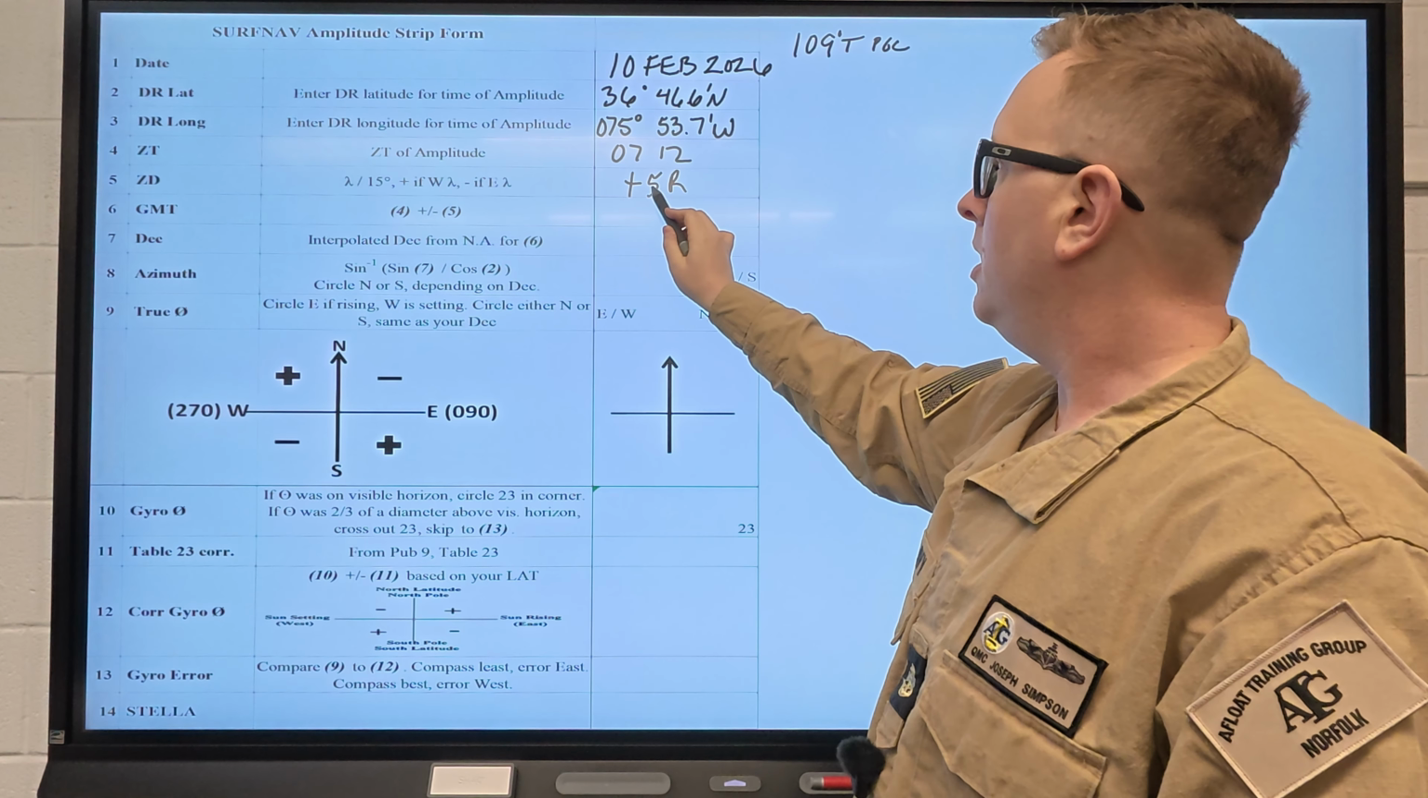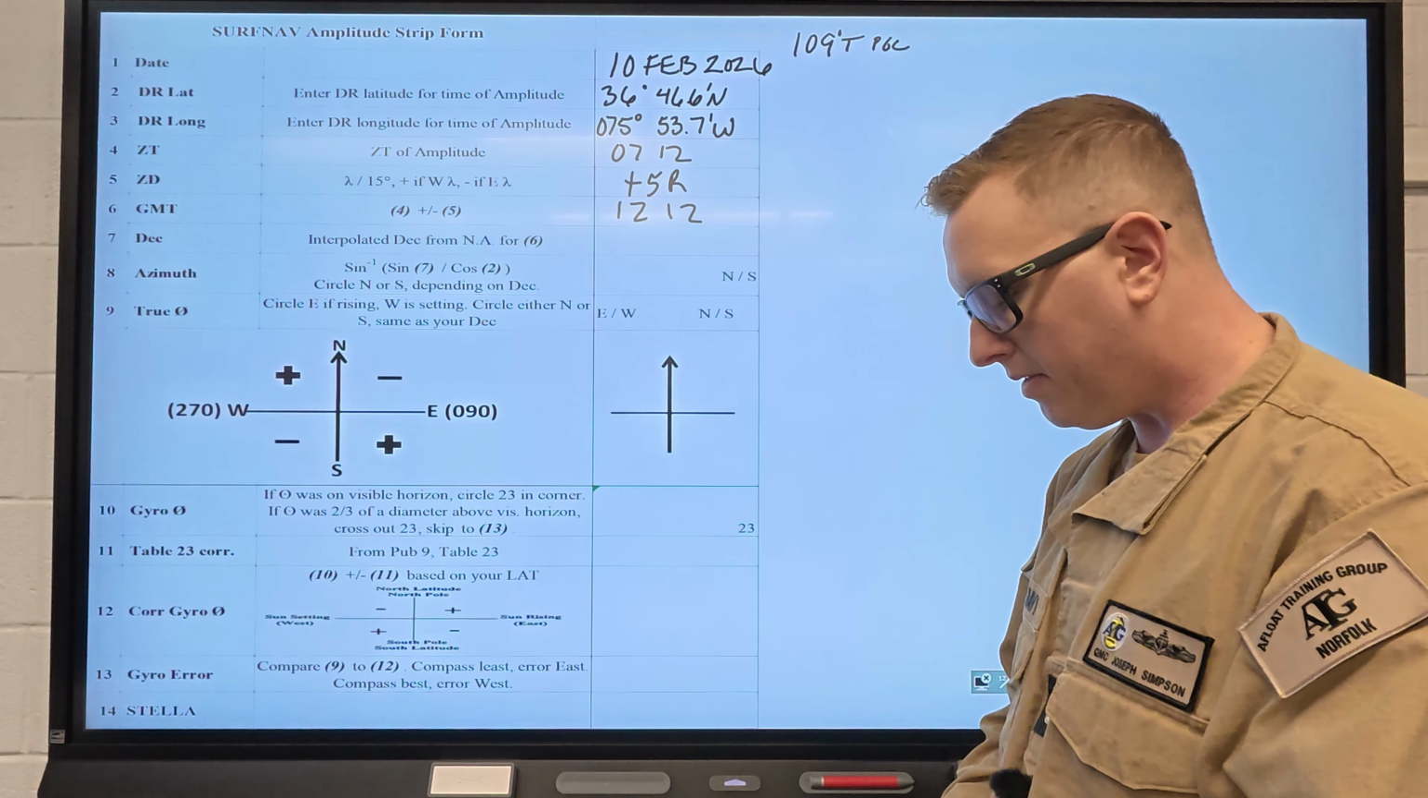Now we have to convert it to GMT to go into the Nautical Almanac because all times in the Nautical Almanac are in GMT. So we're going to the daily pages for the sun. We're going to go find the declination. All right. For this example, the declination at 12:12 on the 10th of February